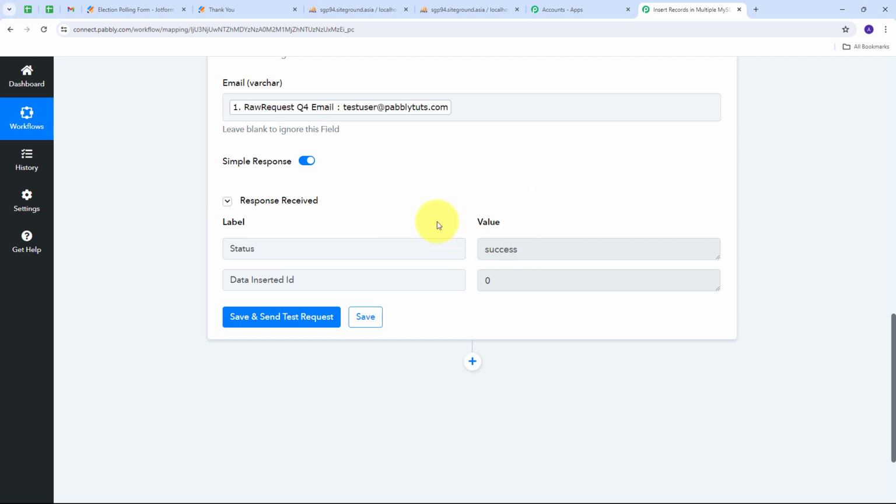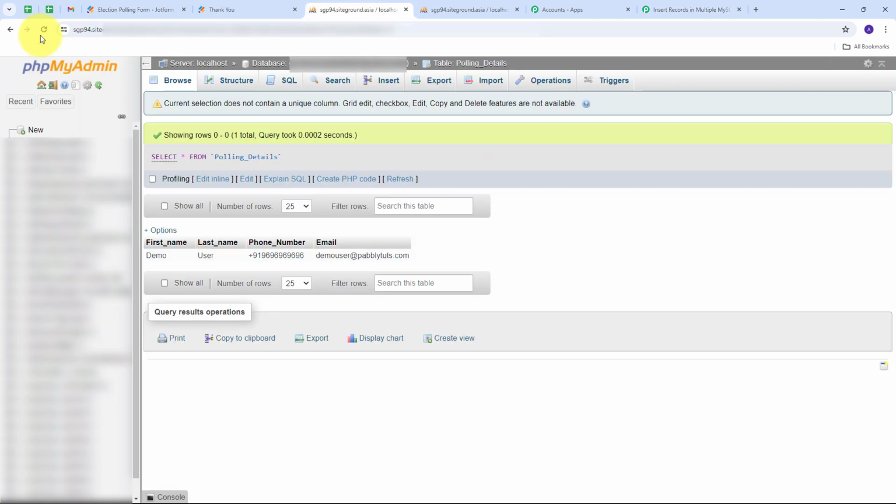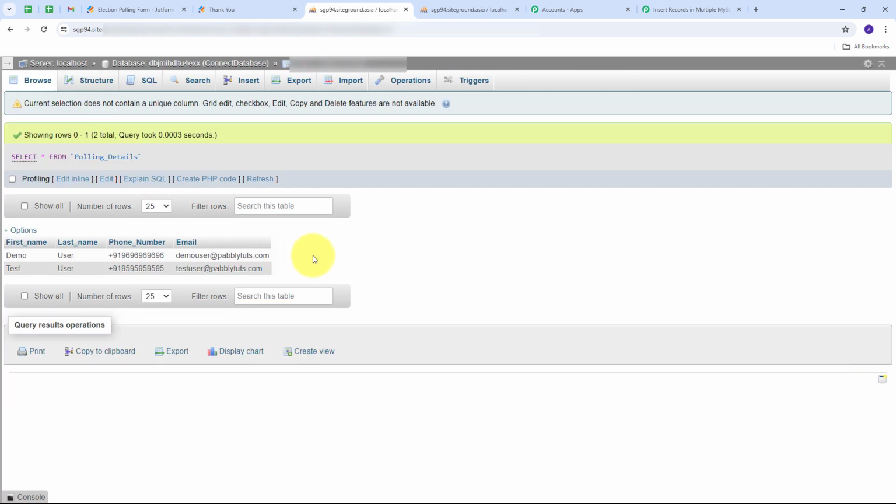So to check this, let me take you to my MySQL table and I'm going to refresh this. And here in my table, we can see I have added the detail of my user. Here we can see that I have added this new row with the detail of my voter that I have just cast the vote in my Jotform. So here the first name is test, last name is user, this is the random phone number, and I have the email which is